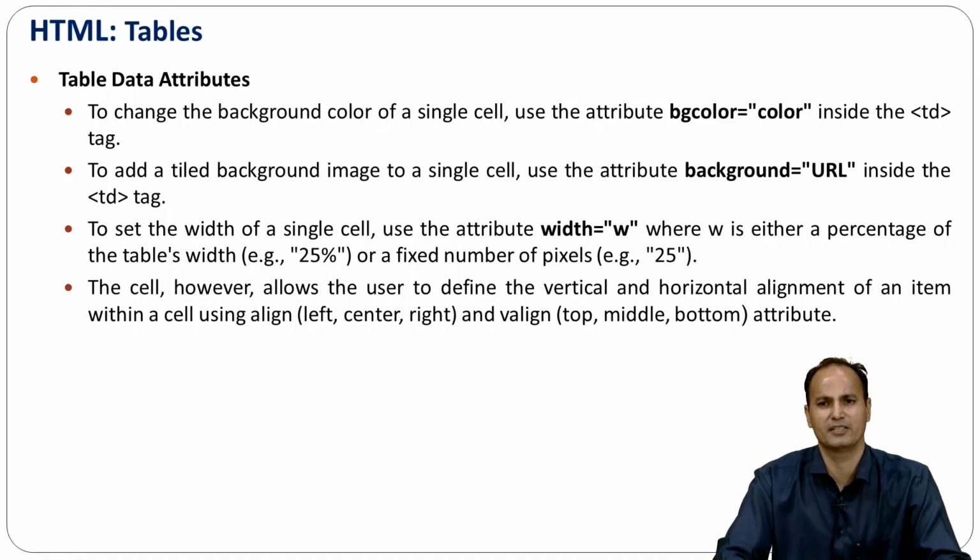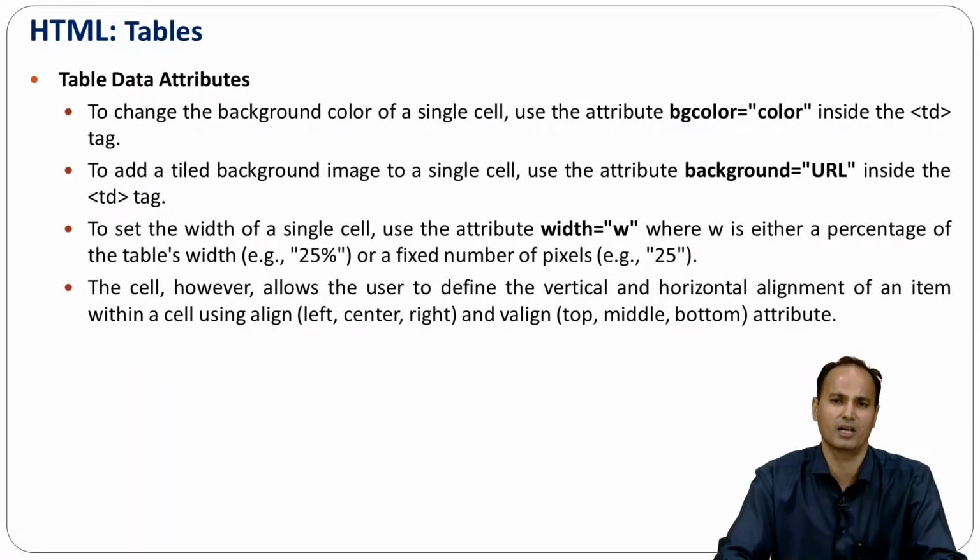Now, table data attributes. To change the background color of a single cell, use the attribute bgcolor and specify the color value. That specific color will be displayed in a particular table cell. This property is used to highlight the content of a table. Sometimes we want to highlight certain values from the overall table, so for those cells we use this bgcolor property,